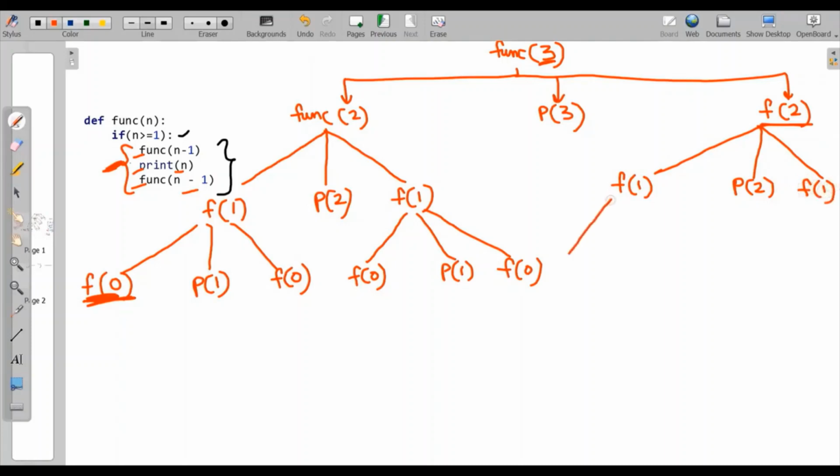Then again it will come here, f1. 1 is greater than equal to 1. It is equal to 1. So here it will enter f0. Print 1. f0. And similarly it will work for here also. f0. 1 minus 1 is 0. Print 1 and f0.